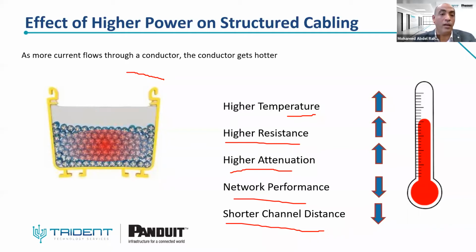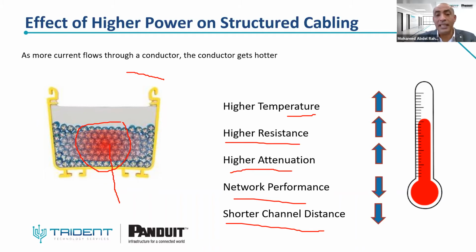Most cables have a maximum temperature rating of 60 degrees. So when the cables are bundled together, like the cables in the pathway here, the heat will increase. It will be a very significant safety issue. As you can see here, the cable in the center of the bundle will be heated up more than the other cables. So when you make large bundles of cable, the impact is increased temperature in the cables.